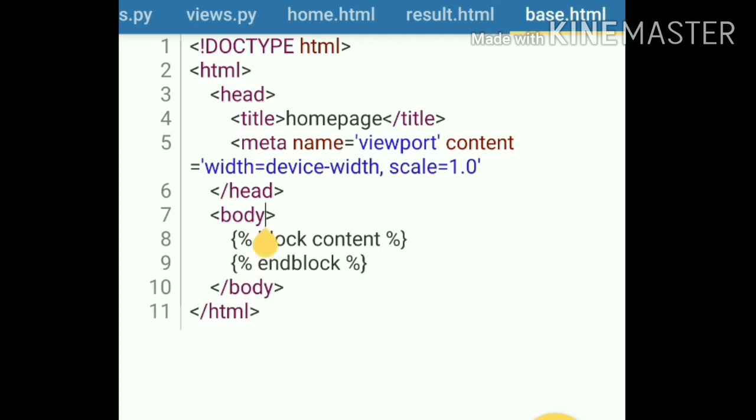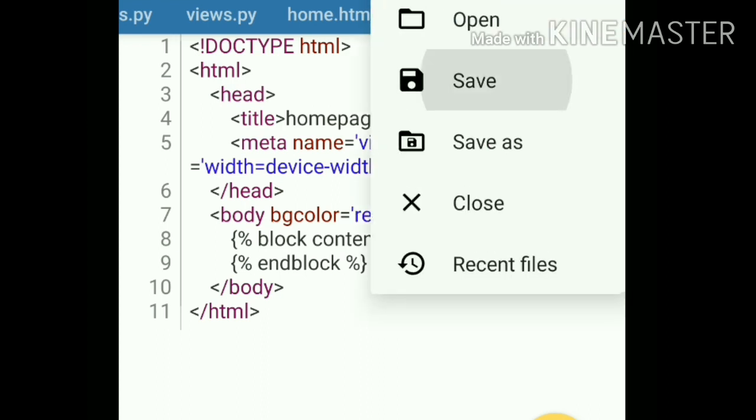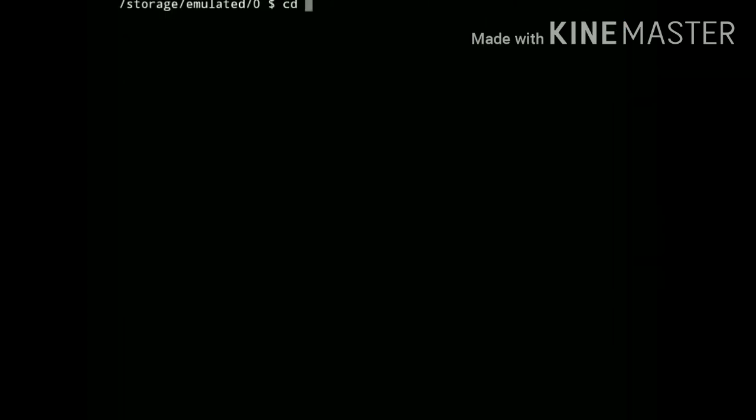To check will it work or not, let me add a background color. So to add a background color, type bgcolor equals, and then we have to give the name of the color. I'm going to give red. Let's save it and run the command python manage.py runserver. So let's run it,